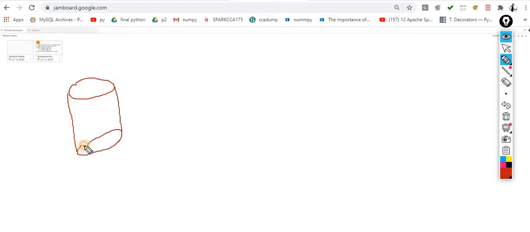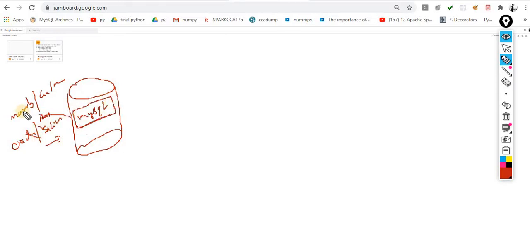That is your MySQL, or even you can use Oracle, MongoDB, Cassandra, CosmosDB, SQLite. There are a number of databases which are available. But we are specifically talking about MySQL because this is very famous and lightweight, and it's open source, easily available. Maximum companies use MySQL. There are a few companies who use Oracle, MongoDB. It totally depends upon the requirement. But if you are comfortable with MySQL, everyone can easily learn.